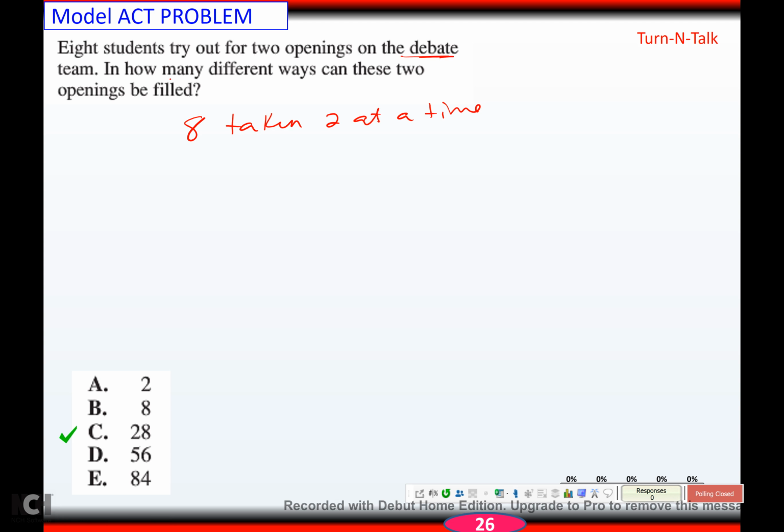But there's 2 openings on the debate team. It's the same team. It's not like you're trying out for the president of the debate team and then the vice president of the debate team. Okay, so order does not matter, which means we're going to do a combination instead of a permutation. Okay,